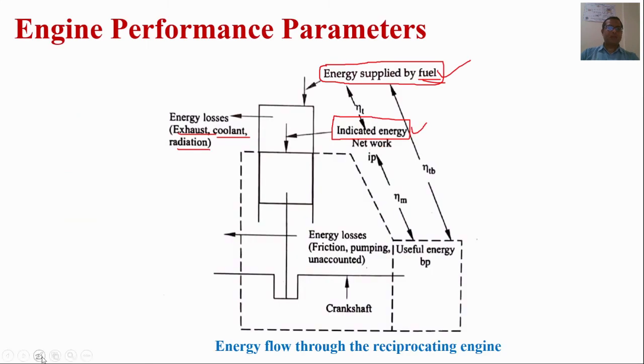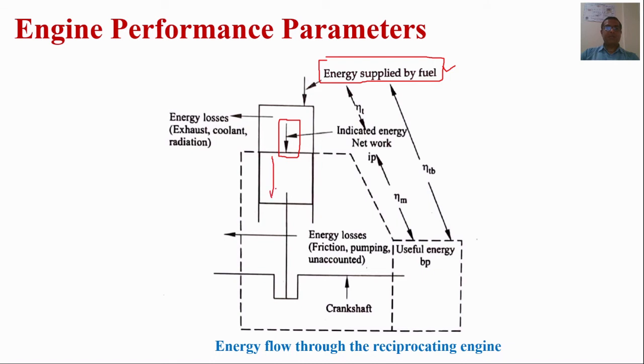As we discussed, how efficiently fuel is being used in an engine is represented by its thermal efficiency. The efficiency of fuel conversion is the thermal efficiency. Now, this indicated power is used to drive the piston. Due to this, the piston starts reciprocating motion in the cylinder. Now this indicated power is transmitted to the crankshaft